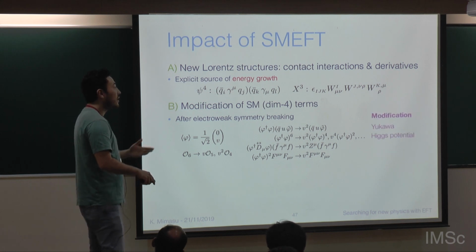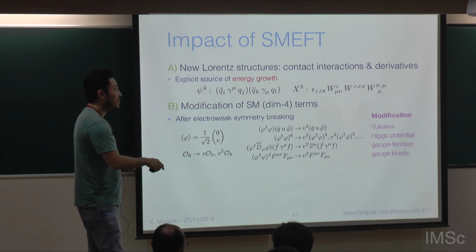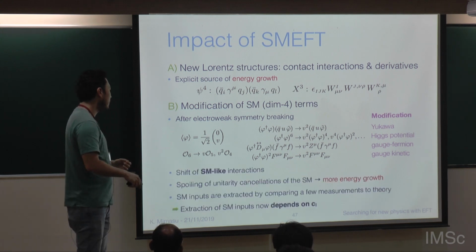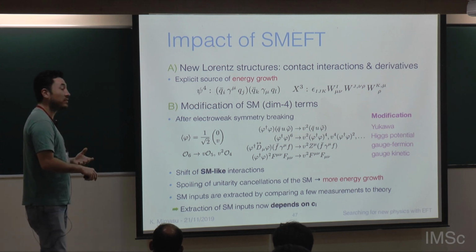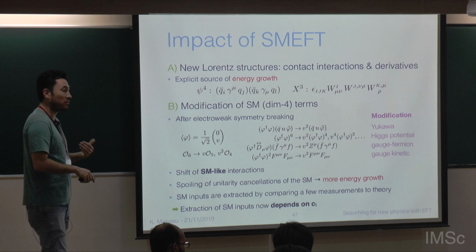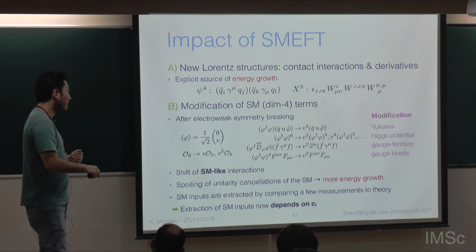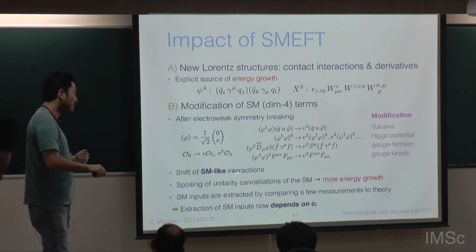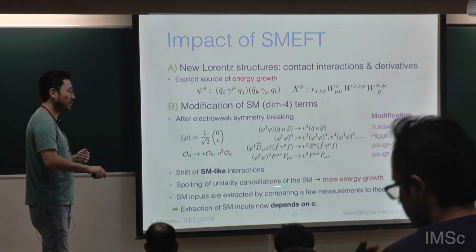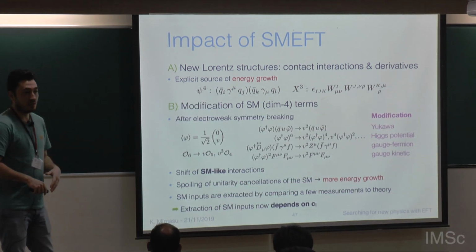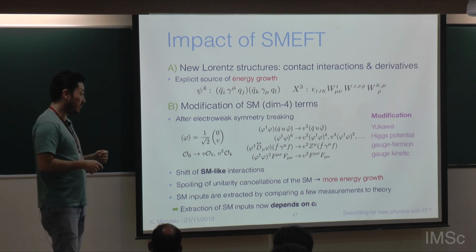So here you modify the Yukawa, the Higgs potential, gauge fermion interactions, gauge kinetic term. All in all, these, as I said, result in a shift of standard model-like interactions, standard model Lorentz structures. One interesting thing that can happen is that these types of shifts can be interpreted to spoil these unitarity cancellations in the standard model. So you may know that in various scattering processes,